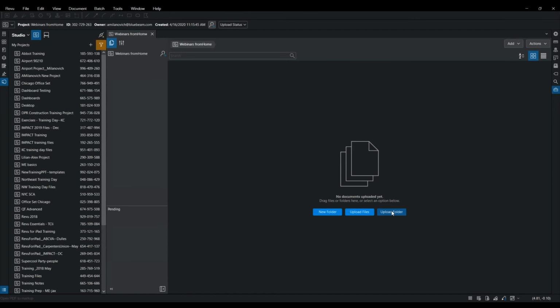This is something that I would do if I had built the start of this process somewhere else, and I just wanted to not have to recreate all of that work, which is what I'm going to do. I don't want to have to type in all of those new folders one by one. There's several of them. Maybe there's several files that are already included in those folders. So I can choose this last option here that says upload folder.